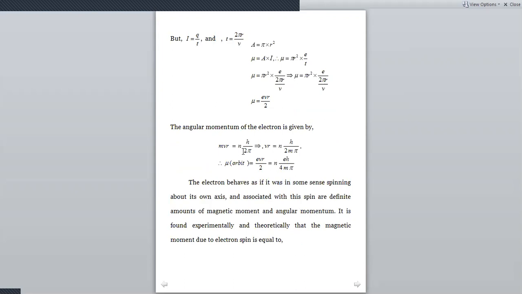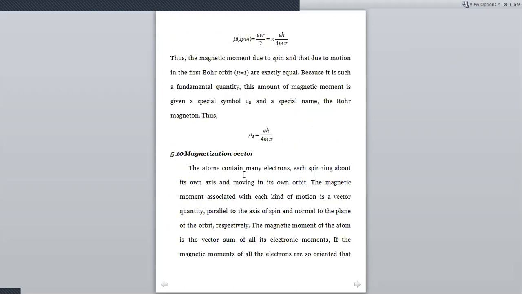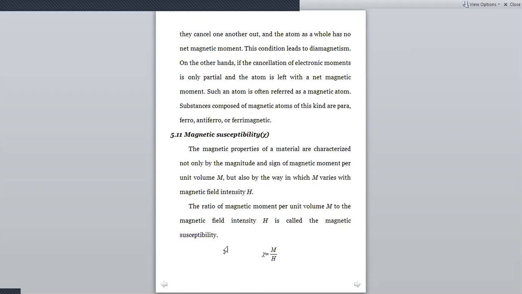atoms contain many electrons, each spinning about its own axis and moving in its own orbit. The magnetic moment associated with each kind of motion is a vector quantity, parallel to the axis of spin and normal to the plane of the orbit, respectively. The magnetic moment of an atom is the vector sum of all its electronic moments. If the magnetic moments of all electrons are so oriented that they cancel one another,